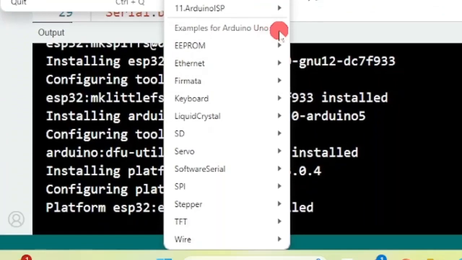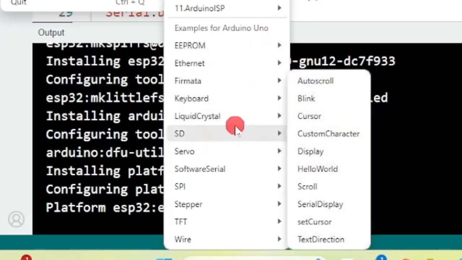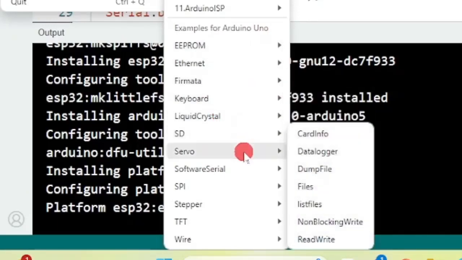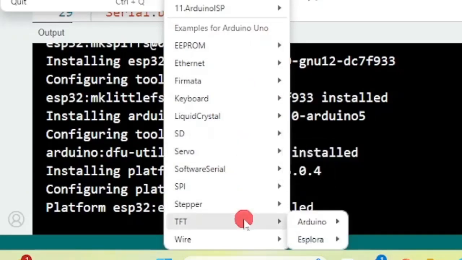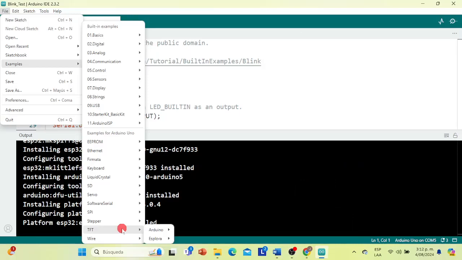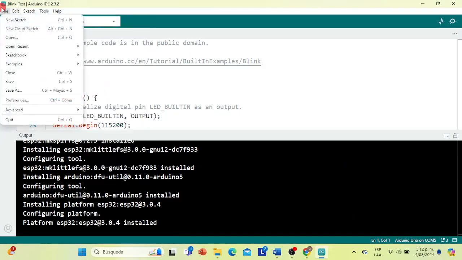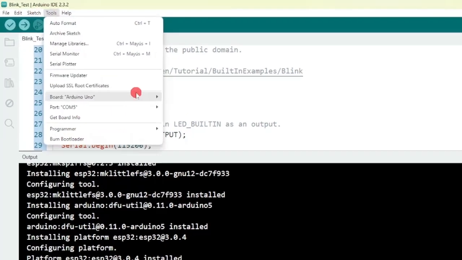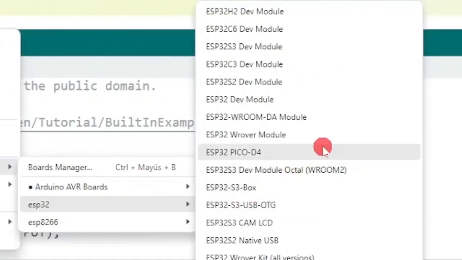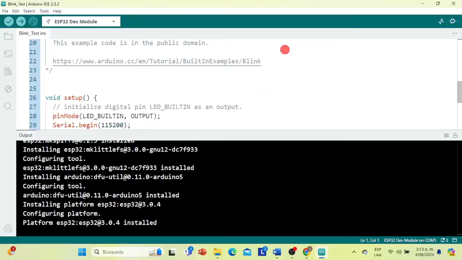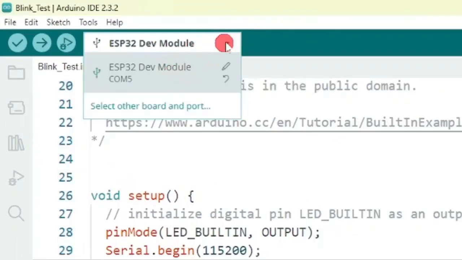If we go to File, and then to Examples, we see multiple example codes, to operate a keyboard, to operate an LCD screen, to write or read an SD memory, to control a servo motor, to operate a TFT touchscreen, these being examples that we can use with an Arduino Uno board, since so far it is the board we have selected. However, if we go to Tools again, then Board, and in the ESP32 tab we select, for example, the ESP32 Dev Module board, we verify that it has been selected, and we go to open the examples again,